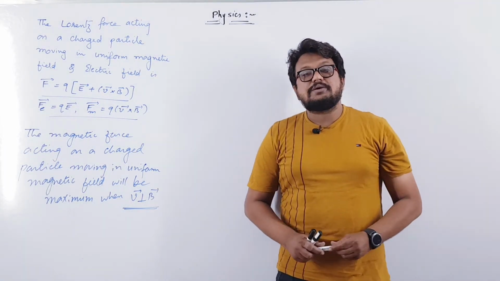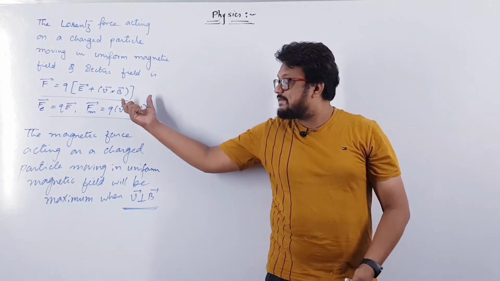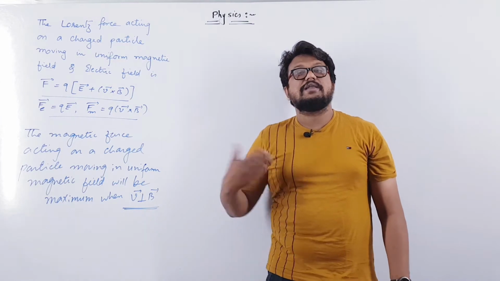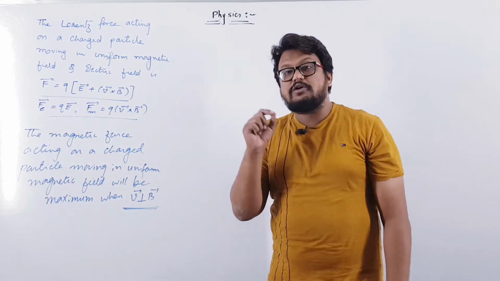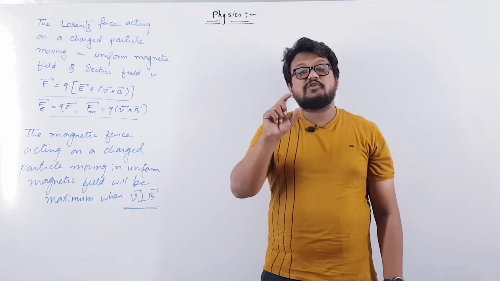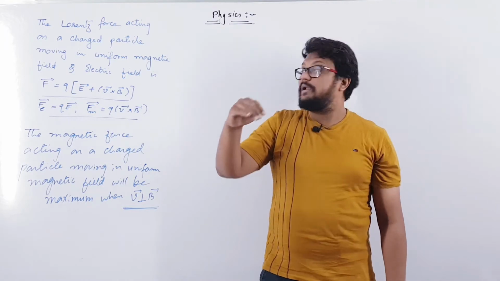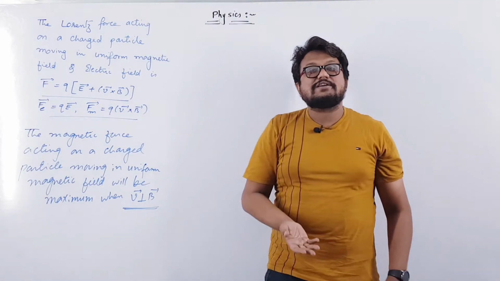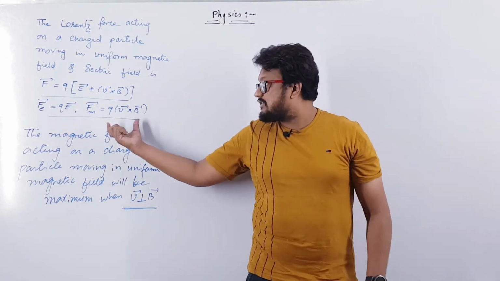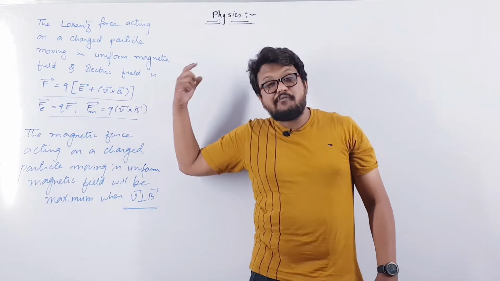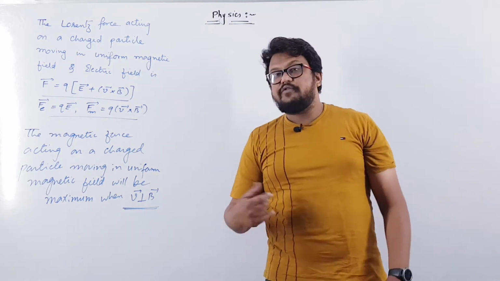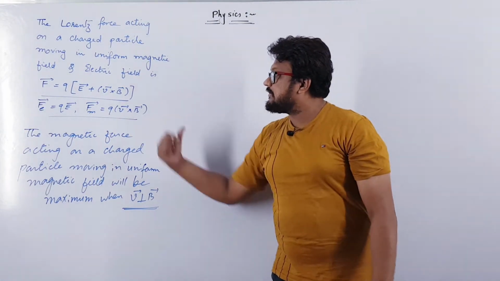Now in this video lecture, we are going to solve 2-3 MCQs based on this formula, and then derive the equation which we discussed in our last video lecture. In the last lecture, we used the formula F equal to IL cross B, given by Ampere, and based on that we derived this formula. In this lecture we will do exactly the opposite: we will accept this equation directly, and from it derive F equal to IL cross B. Before that, let us solve a few MCQs based on this concept.